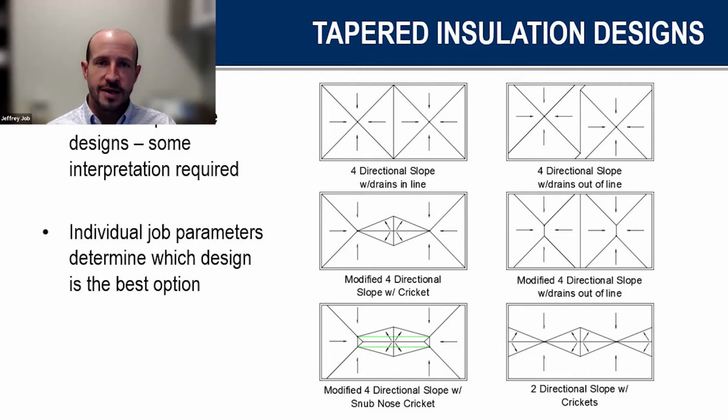So you can take that information, submit it to a manufacturer, and any manufacturer who typically has the capability to provide tapered material will do the design in-house for that. They'll lay out where all the sloped panels need to be based on your drains, etc. So there are a lot of different tapered options out there, depending on, of course, the slope requirements, secondary drainage